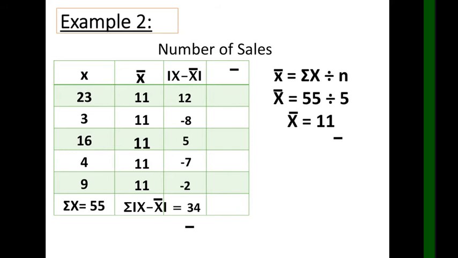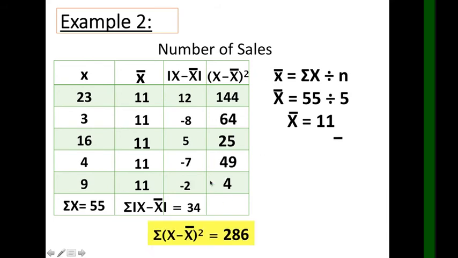Now, get the x minus mean squared, which means you will square all the numbers here. So 12 times 12 is 144. 8 times 8 is 64. 5 times 5, 25. 7 times 7, 49. 2 times 2, 4. Then get the total, and that is the summation of x minus mean squared, and that is equal to